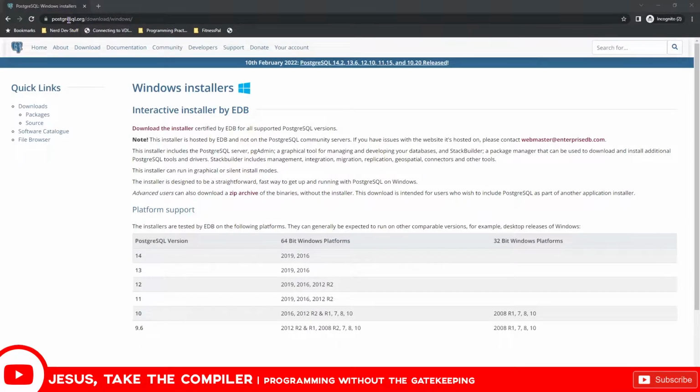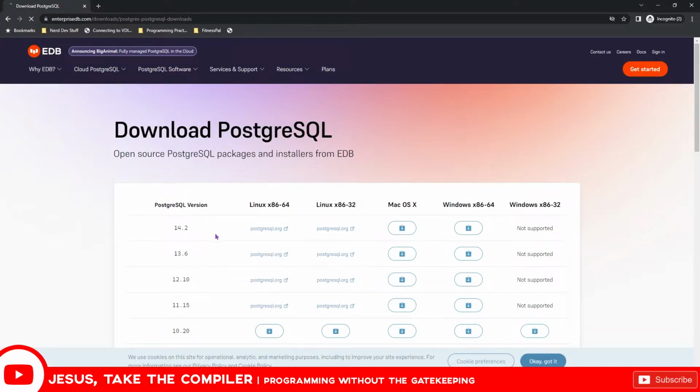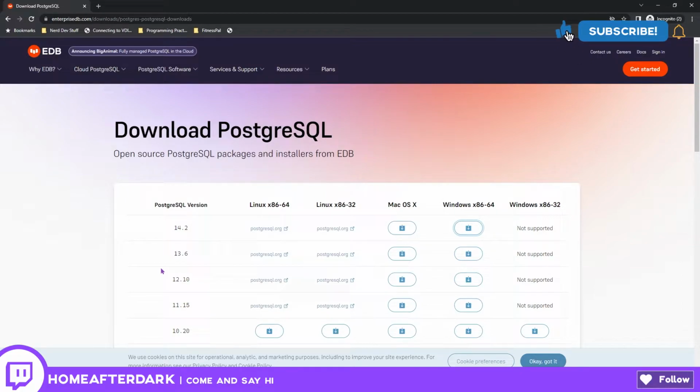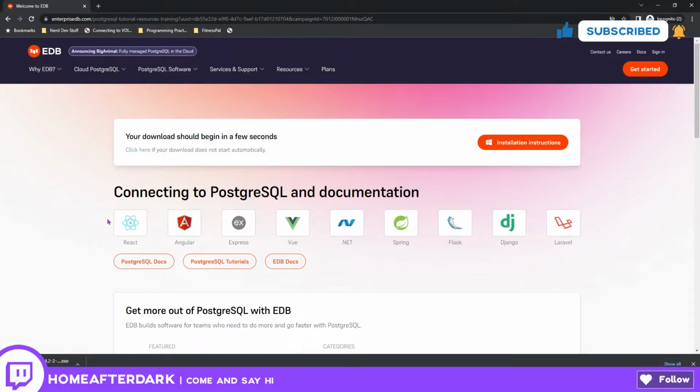So I'm right here on PostgreSQL.org, and I'm doing this for Windows right here. So I'm going to click download the installer. And I have all these versions right here. You could go through all these if you want to. I am doing this for Windows. So I'm going to click this button. And then now my download should begin. And then I'm going to do a cut here in just a moment and show you what it's like to